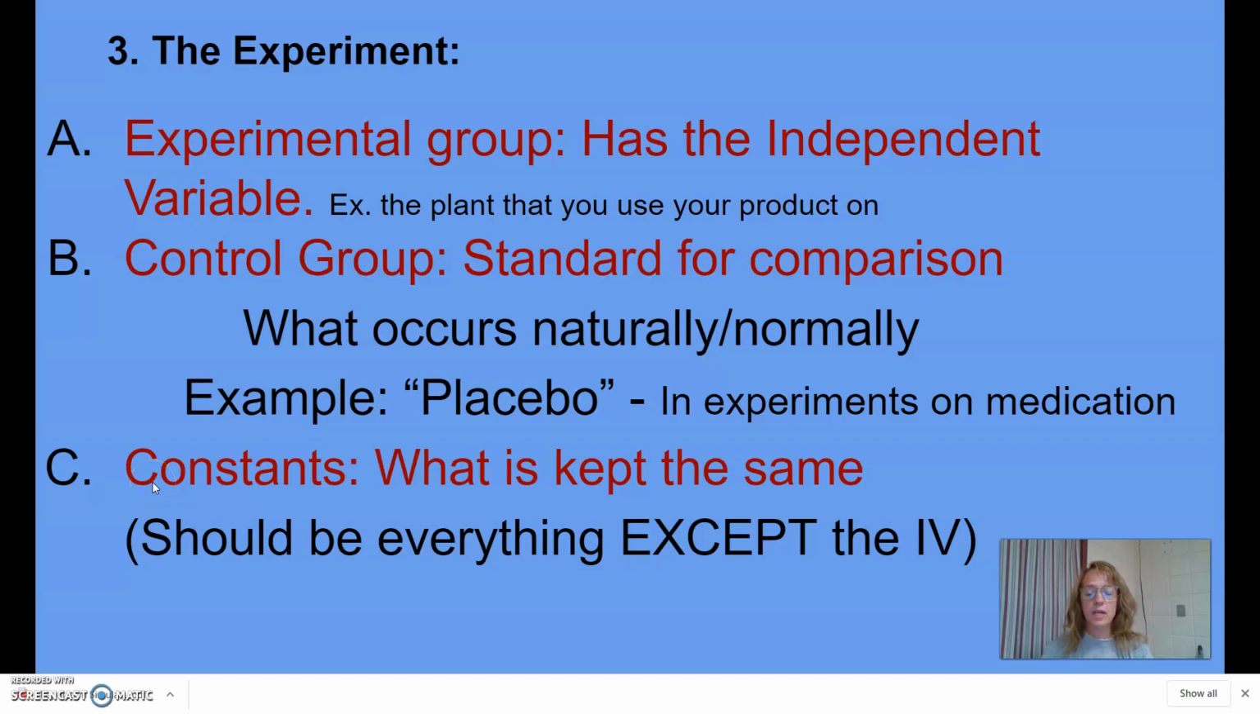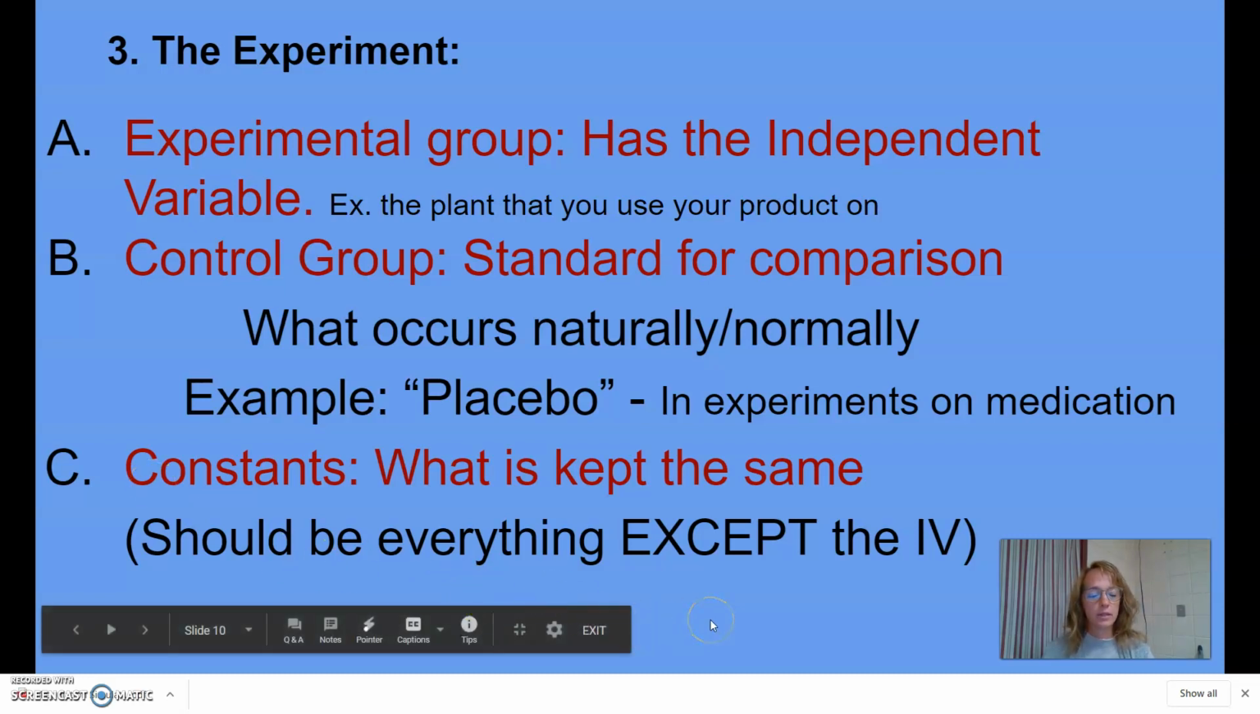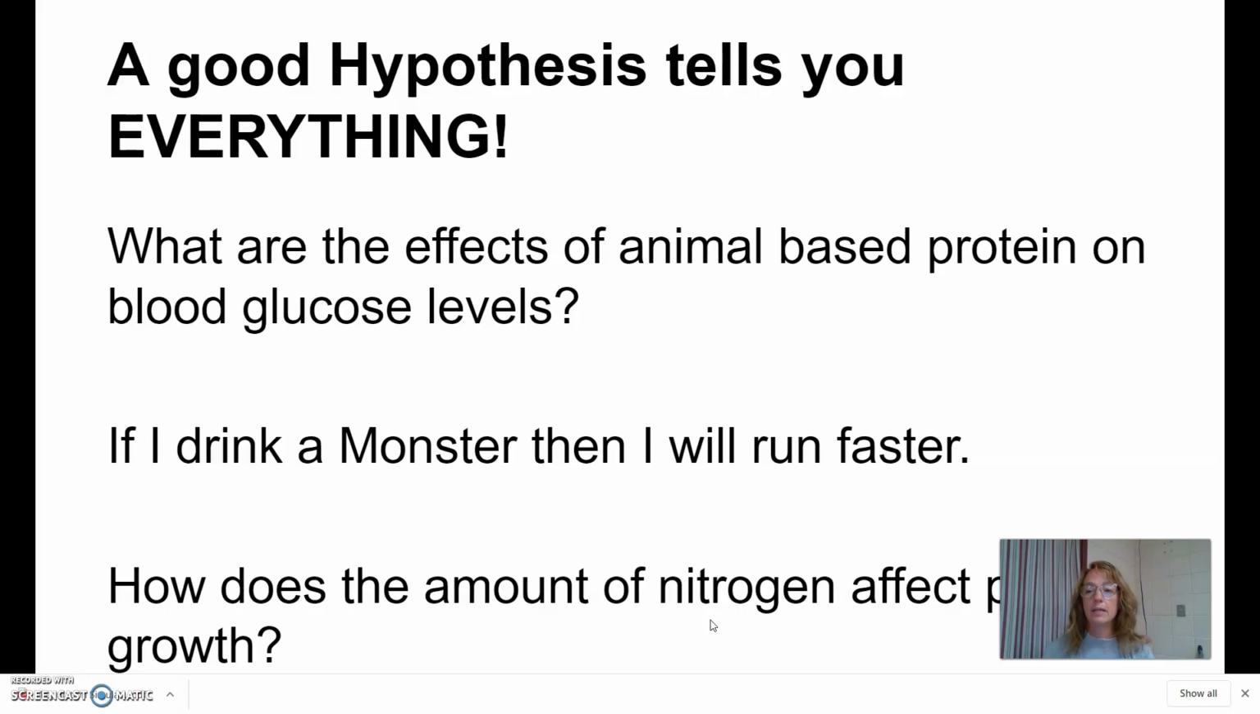Constants are things that don't change. So don't read things too quickly. Just be careful so you don't mess that up when I ask you about it. Okay, again, if you write a good hypothesis, you can figure out the independent variable, the dependent variable, and the